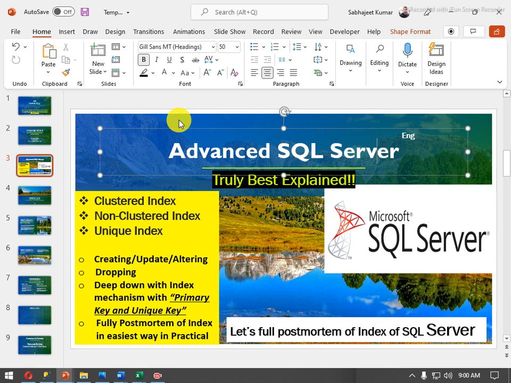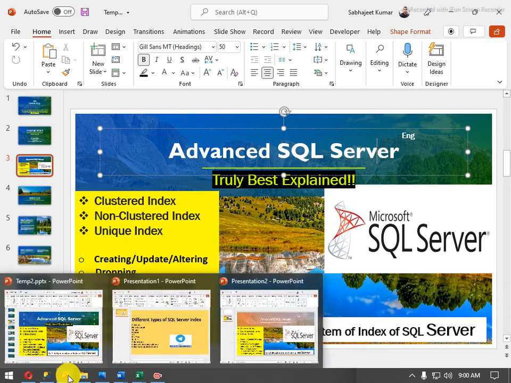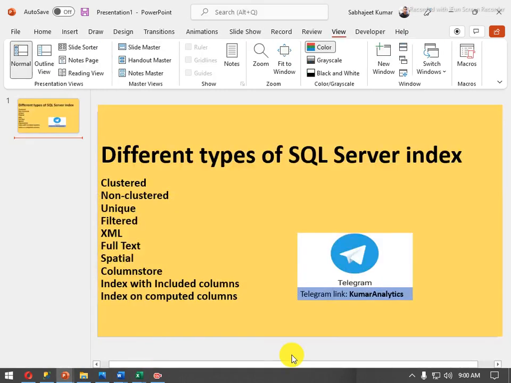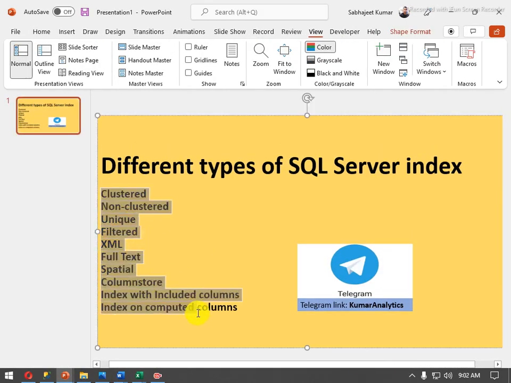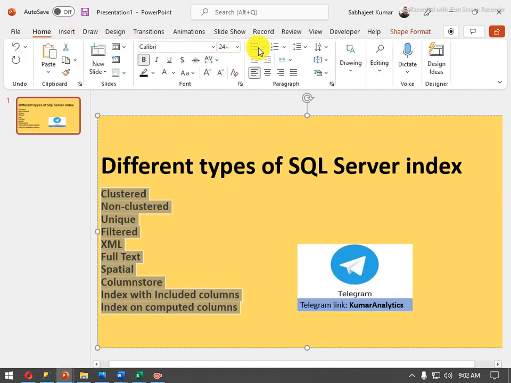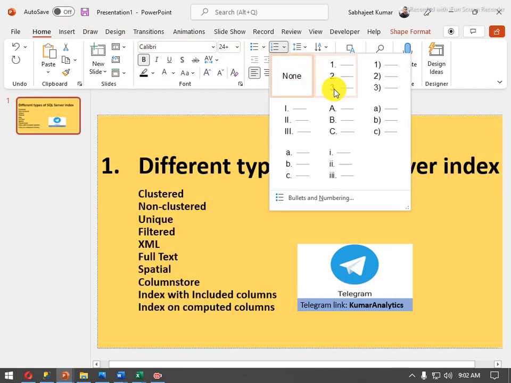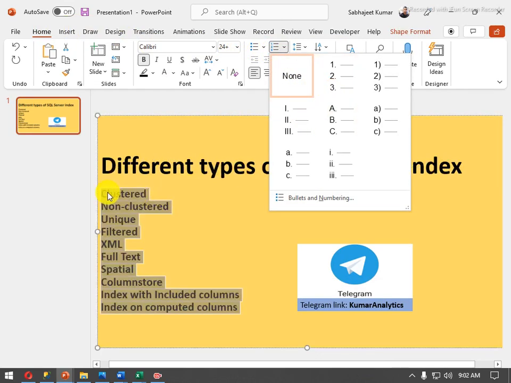Before starting, I would like to show you what the kinds of index are and what the roles of the index are. So before going to start, I would like to let you know what an index is. Basically, there are mainly 10 types of index. This is the kind of index, and almost 10 types of the index.